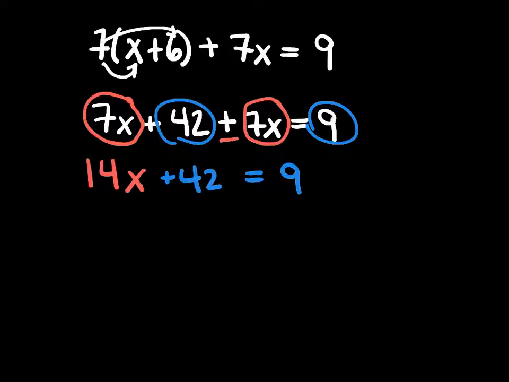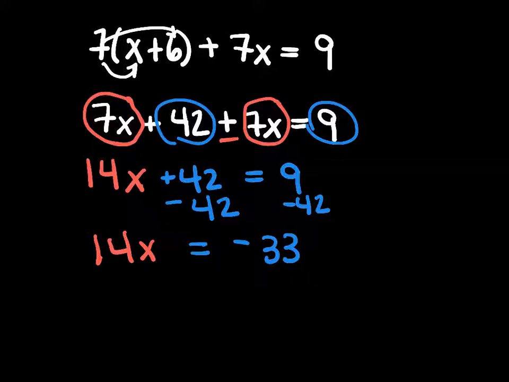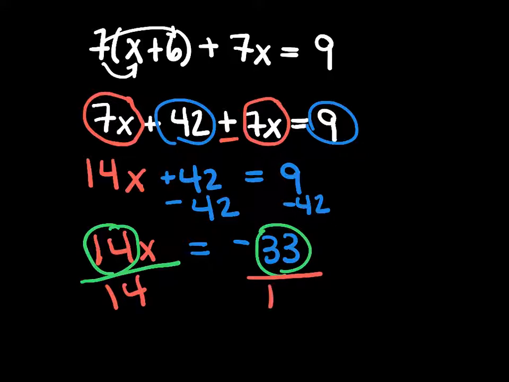Now, to combine them, we are going to subtract 42 from both sides. Okay. And so 9 minus 42 is negative 33. So we have 14x equals negative 33. Now, in this case, the 14 and the 33 are like terms, and we want to isolate the x. So we're going to divide both sides by 14 so that the 14s cancel out, and we are left with x equals negative 33 divided by 14 gives us